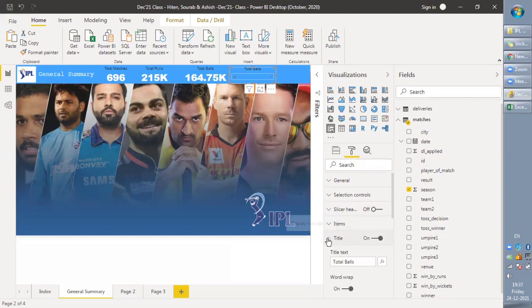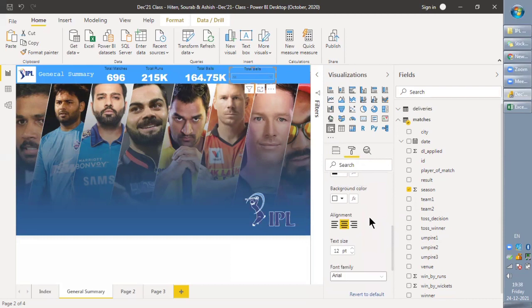In title, let's make it in this side. Black font, everything is fine. Let's make it sideways. It looks better. Let it be in the middle. It's fine. Transparent, and the value one should be